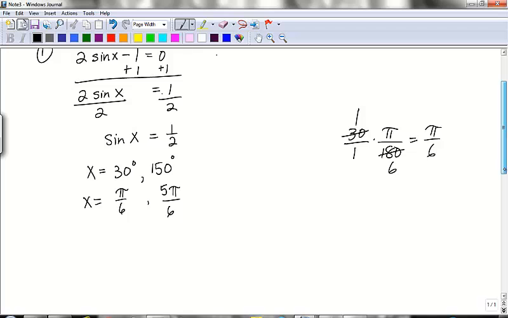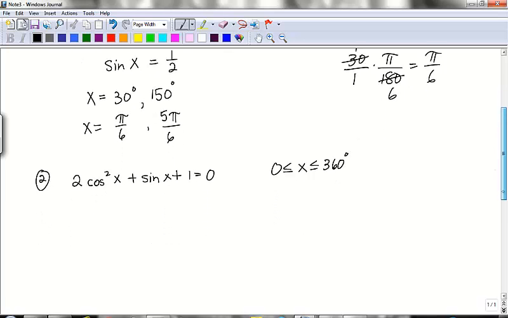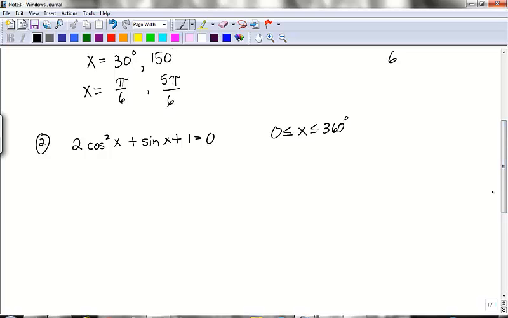They're going to ask you to solve. On this one they give you 2 cosine squared x plus sine x plus 1 equals 0. This time they're giving you directions and they're putting it in terms of degrees. So from 0 to 360 degrees. So it's 2 cosine squared x plus sine x plus 1 equals 0. Okay? And it's a squared term. Can you factor it? There's nothing in common all the way across. Okay? I can factor,